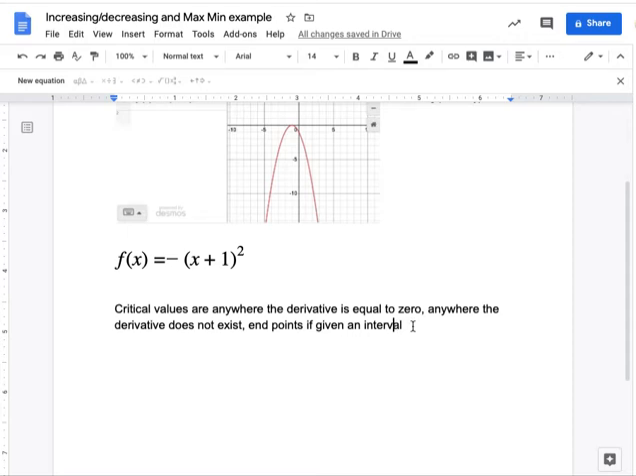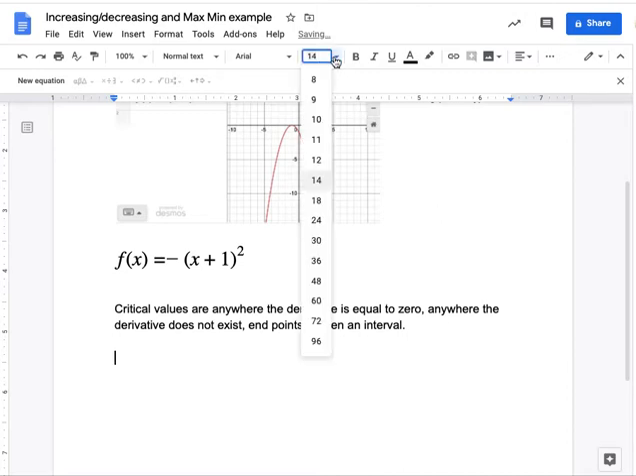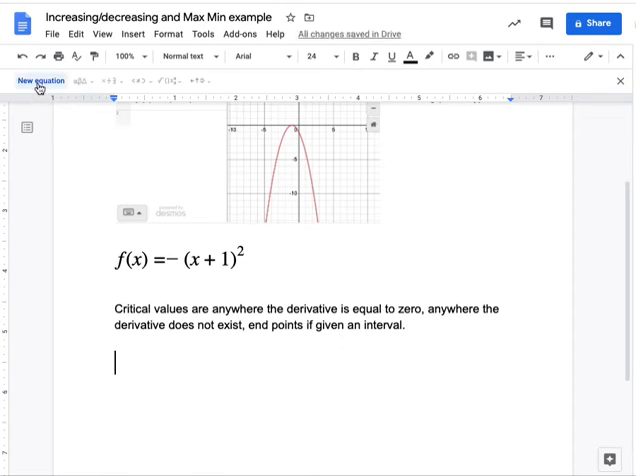Okay, so what we want to do here to find critical values, anywhere the derivative is equal to 0, we're going to need to take the derivative of our function, and then we're going to set it equal to 0 and solve it. So, very easy derivative here because we're going to just do a quick chain rule on this. F prime of x